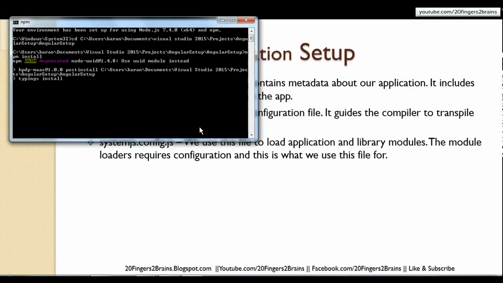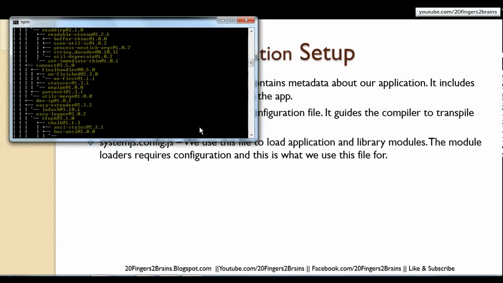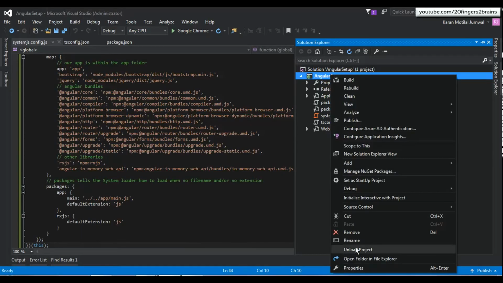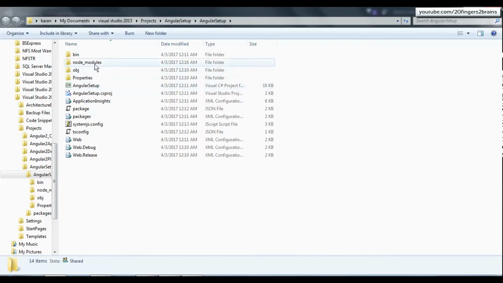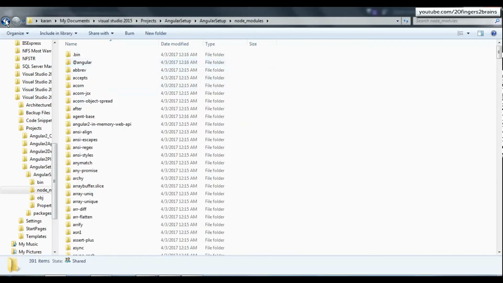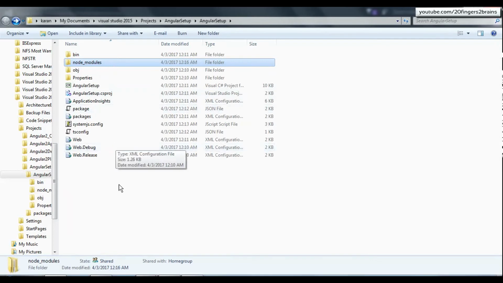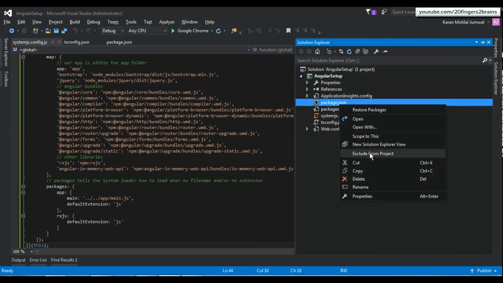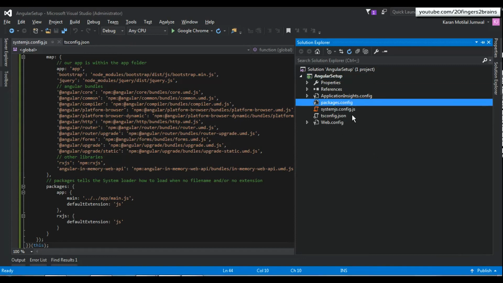So the installation process is still going on and it is going to end now. So you can see the installation process is done, and in order to verify that, go to the solution and open folder in File Explorer. You will see node modules folder being created in the project directory. So this folder creation and files inside that means the installation is done, and we have to make sure that once this installation is done, we are going to remove package.json from the solution, and also we are not going to include node modules folder into our project, so it should be excluded always.